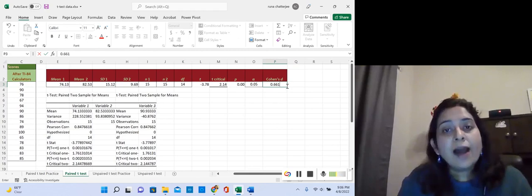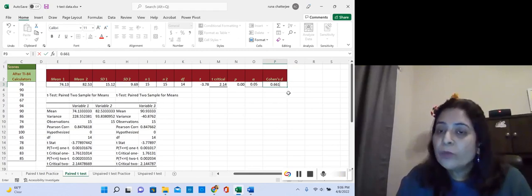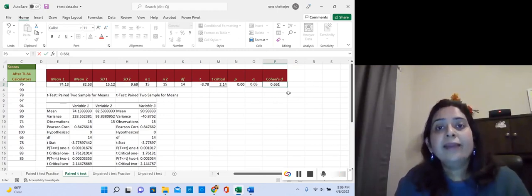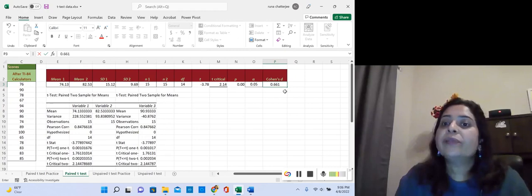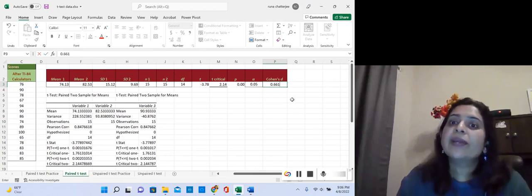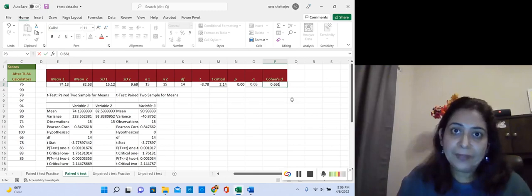This is definitely higher than 0.5, which means the effect size is a little more than medium and it is less than large. So the Cohen's d, the effect size of 0.661 indicates that there is a substantial degree of significance of TI-84 calculators on the Algebra 1 scores, which means there is not a lot of overlap between the two